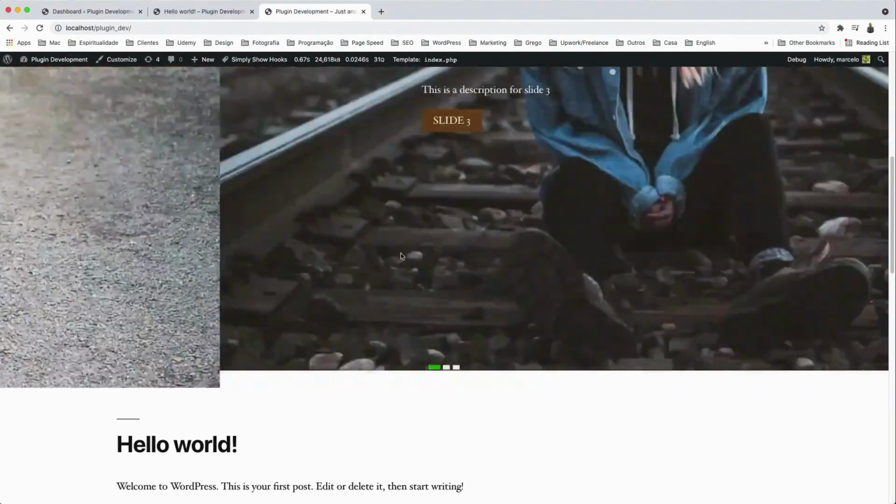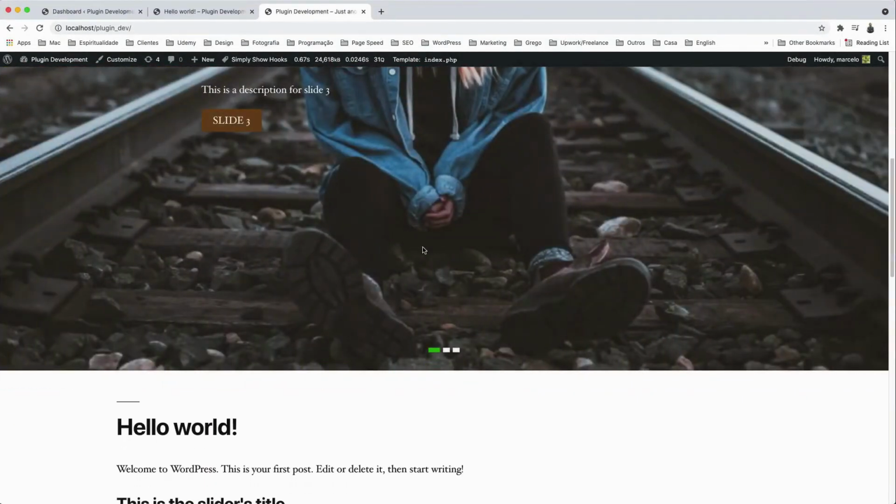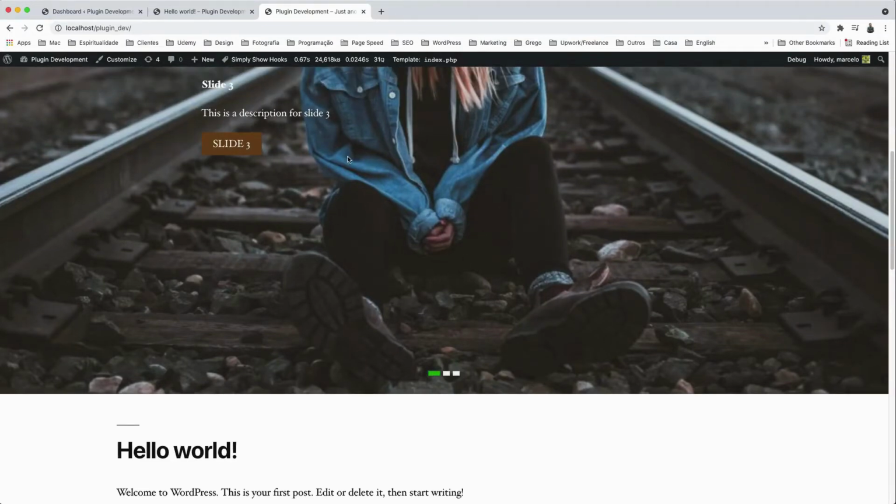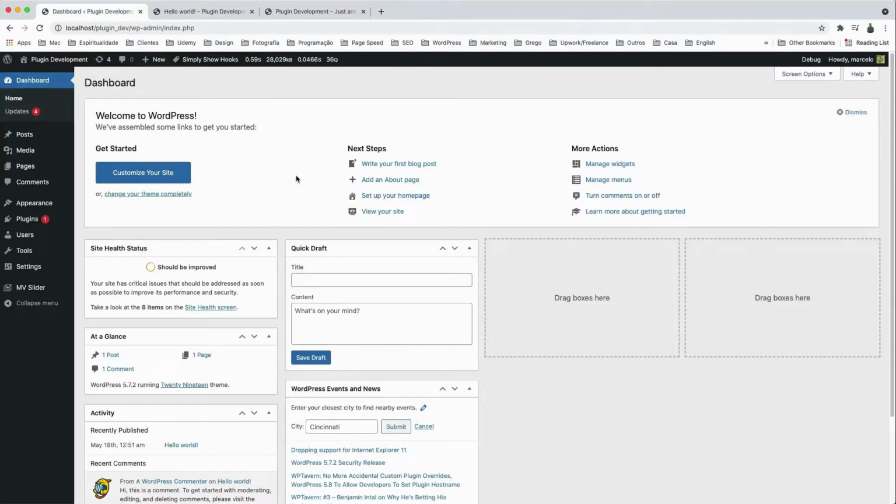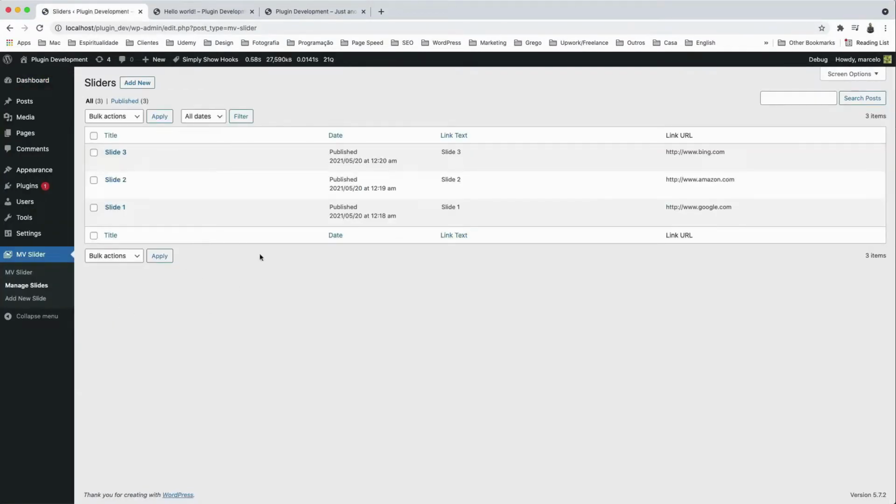So what does this project have to teach us in terms of plugin development? Well, quite a lot. I will open up the admin here to show you. So the first interesting thing is that it works based on a custom post type. We're going to build this plugin specific menu item. We're going to build submenus as well. And if I jump here into the Manage Slides submenu, I can add as many slides as I want. So in here, if I open this up,